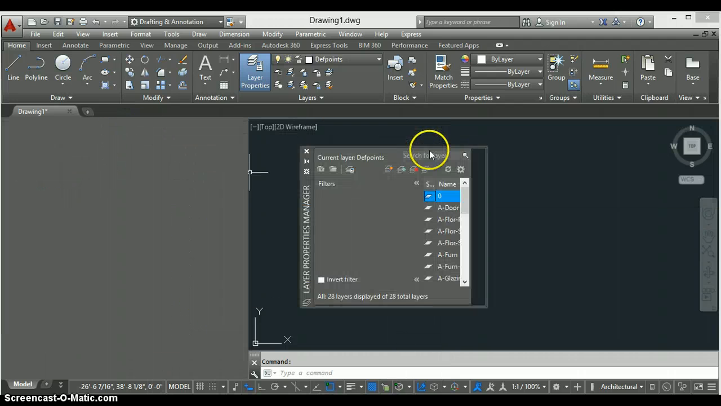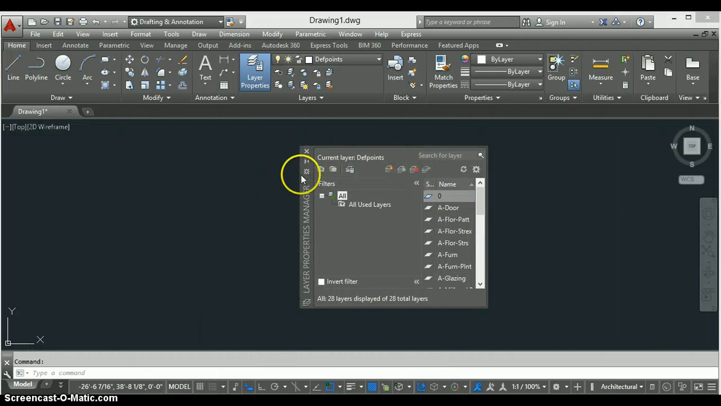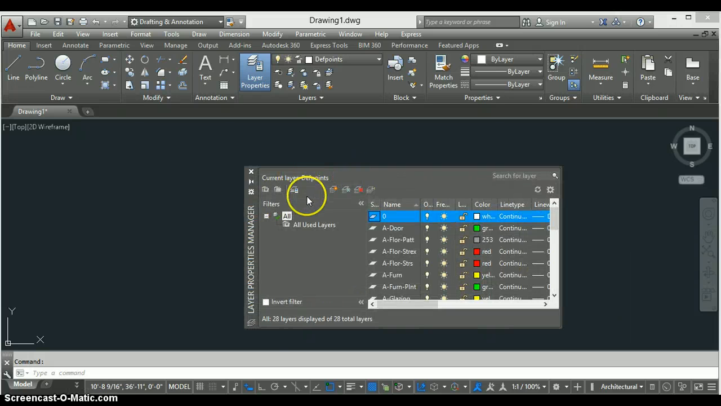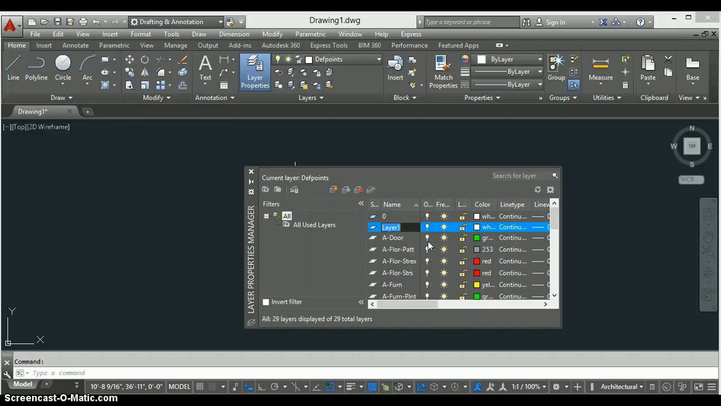Skip my layer manager, here we go. You'll notice that there is all of the layers that are in this drawing, and to add a new one, we will click the sheet of paper with the little yellow asterisk on it, and then type in, let's say we're missing an appliance layer, so A-appliances,